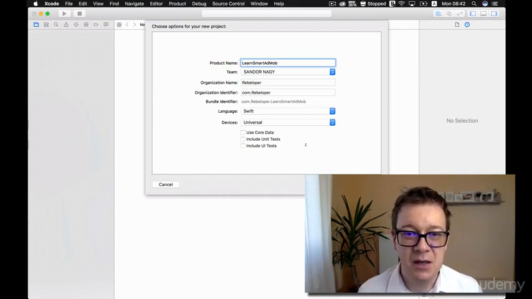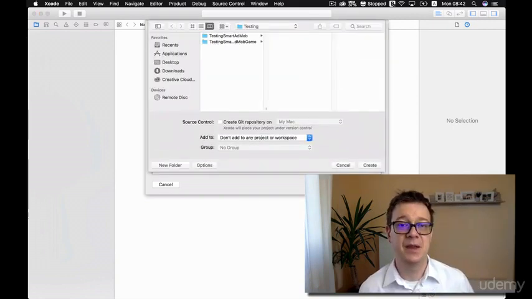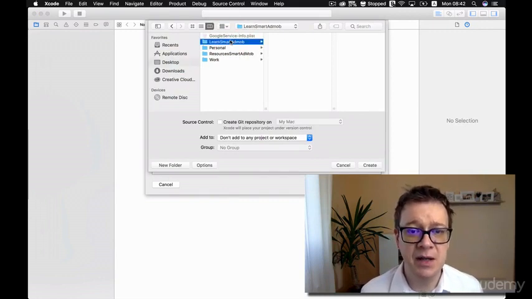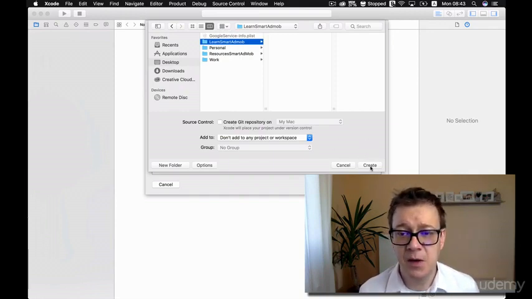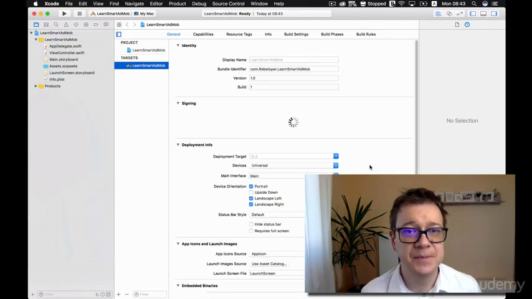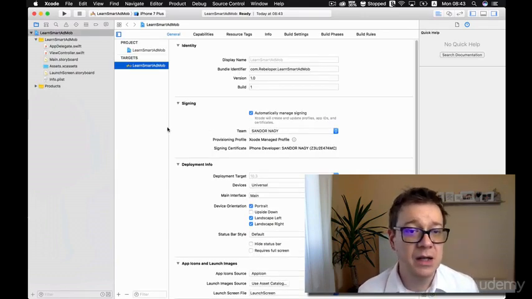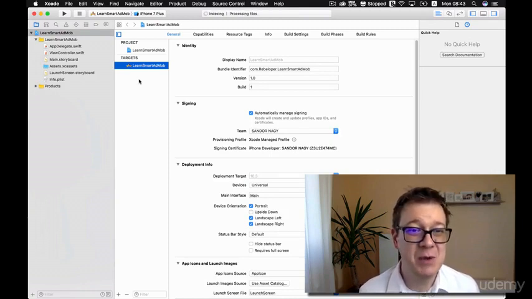Select Swift and device universal. Then click on next. Great. Let's select our desktop folder that we have just created, Learn Smart AdMob. And we will not create a Git repository for now. Okay, create. And we have created our sample test project that we will use to learn how to add Smart AdMob into your